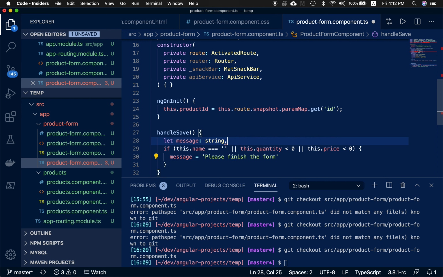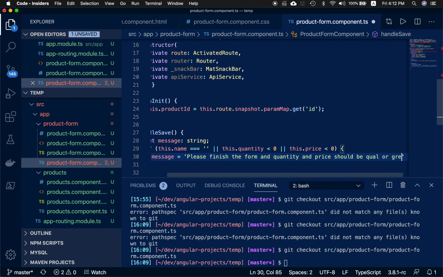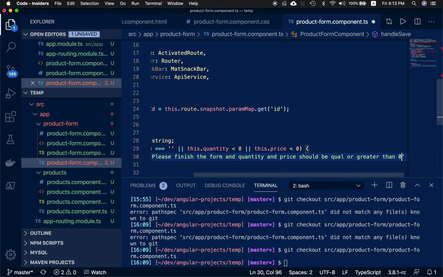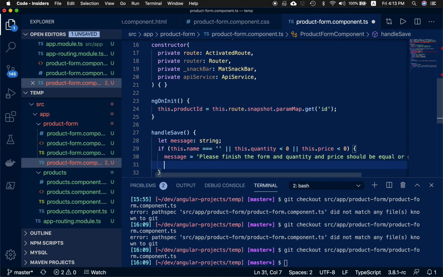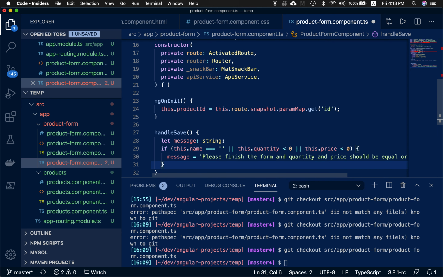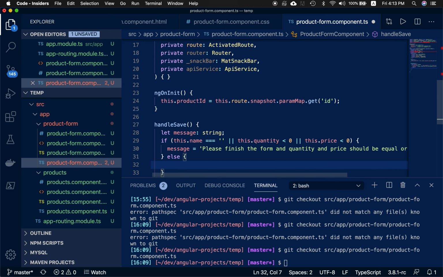finish the form, should be semicolon, and quantity and price should be equal or greater than 0. Now finish up with the else statement with that. If the input is valid, it would go to the else statement, and you can just say the product is added,